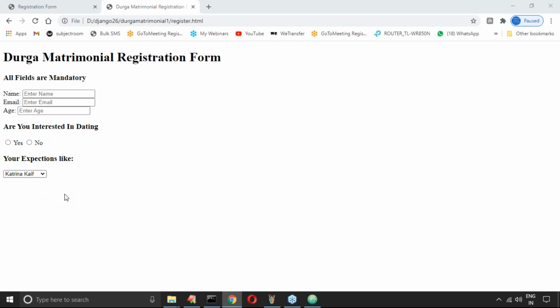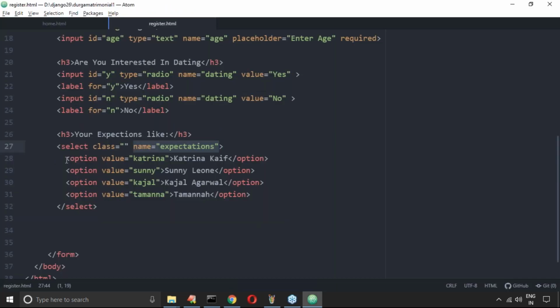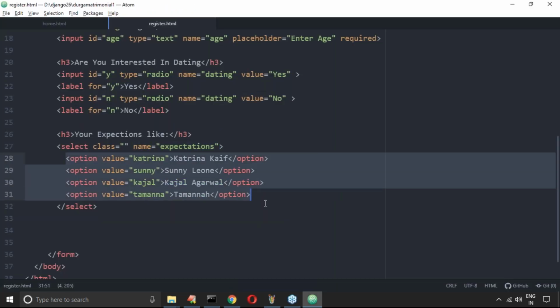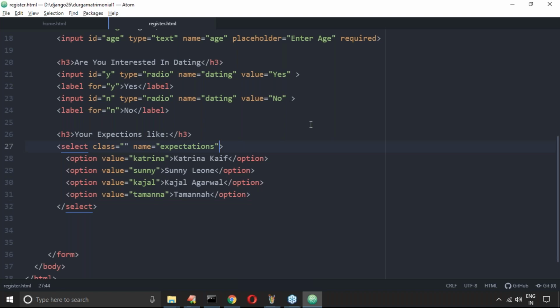Is it clear, right? Next, by default how many options can we select? Only one option. Is it possible to select multiple options or not? Yes, if you want multiple options, then you have to provide multiple. Then you have the chance to select multiple options also.